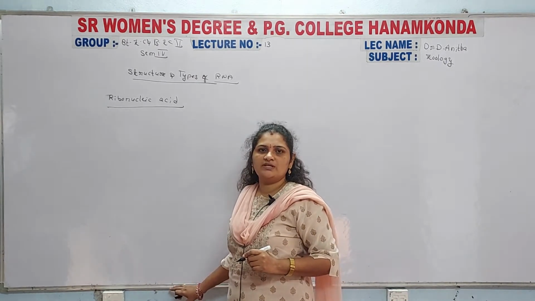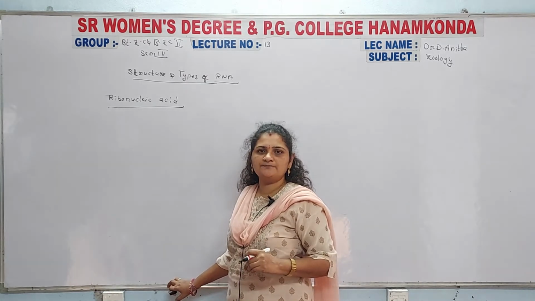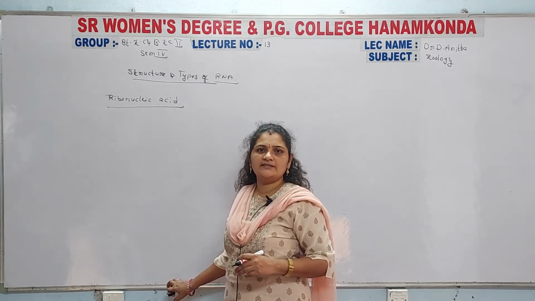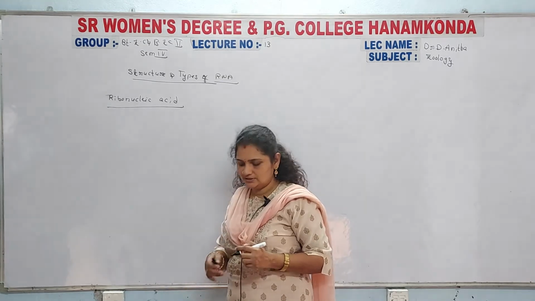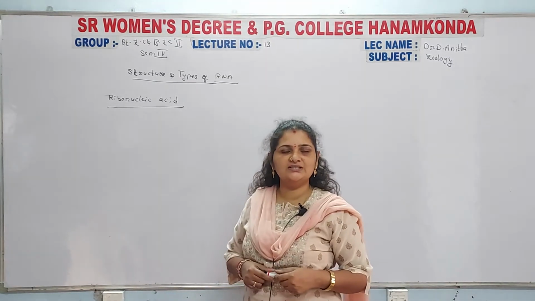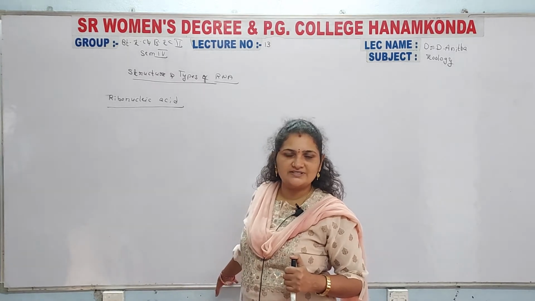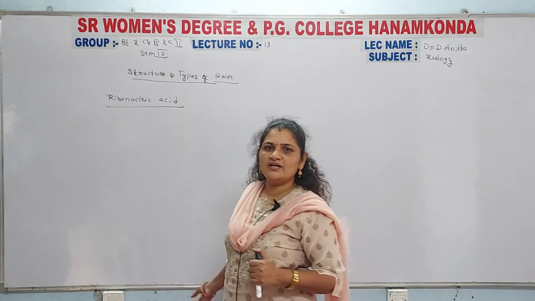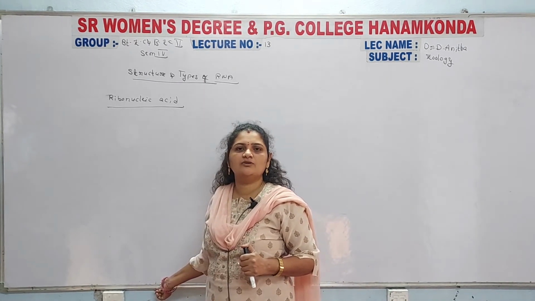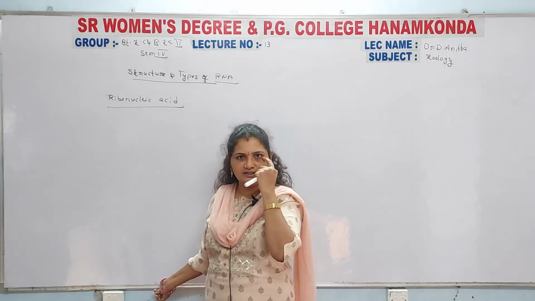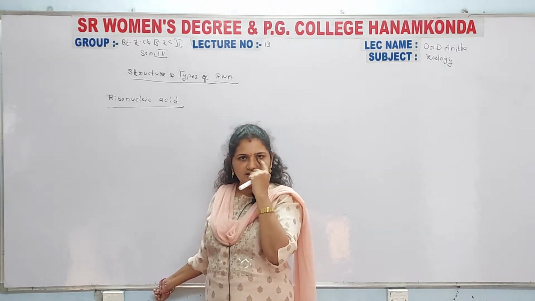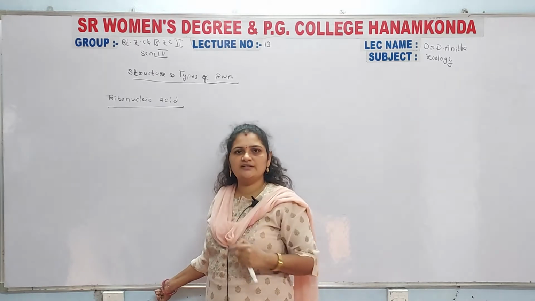These are mainly obtained from the DNA. It is single stranded. Instead of DNA, which is a double helical structure, here it is only a single stranded structure. Only one strand is present here. RNA is mainly obtained from the structure of DNA. It is synthesized and is also present inside the nucleus.